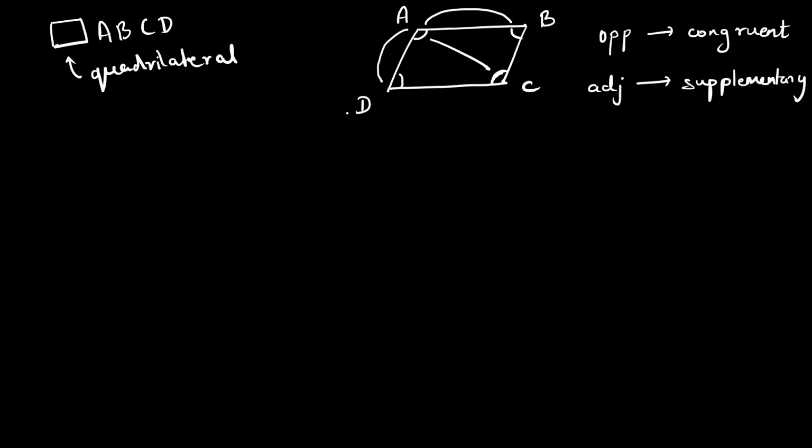Supplementary. Okay. So first let us start with the first line of the sum. What does the first line say? Sir, quadrilateral ABCD is a parallelogram. The ratio of angle A and angle B of this parallelogram is 5:4. So angle A upon angle B is 5/4, correct? Yes, sir. Can I say angle A is 5 degrees and angle B is 4 degrees? Yes, sir.